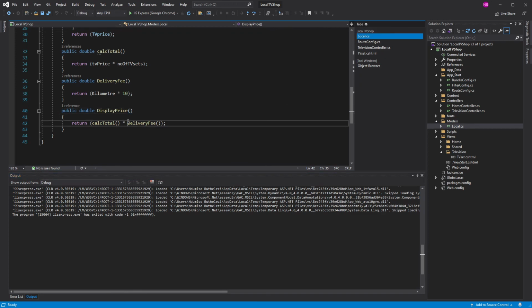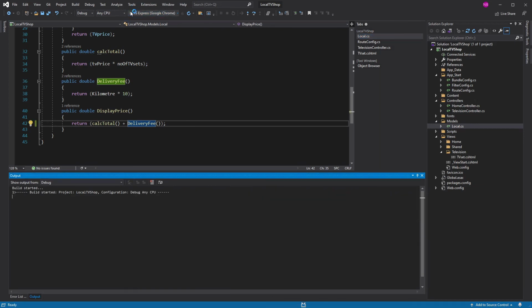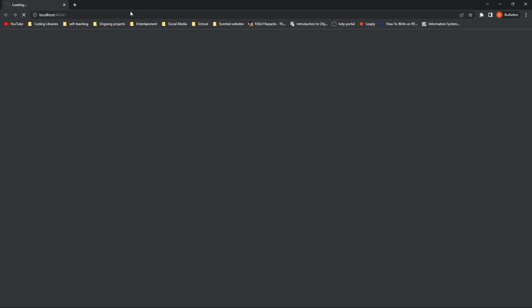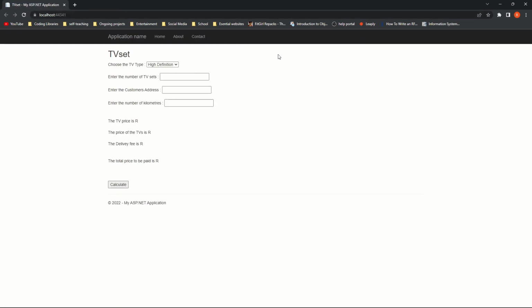So we're going to rectify this error by going here, hitting plus, changing only this thing. You're going to see how much of an impact that is going to have, because this method is very crucial as it determines the final price. So when coding like this, be wary of such errors, as I have made an error right in front of you right now. You should be aware of an error every time you build an application. You should check it, see if it works. And I've checked mine, and now I'm about to show you how it works perfectly. You see, it added these two together, and now it gives you the total price to be paid is 2,770